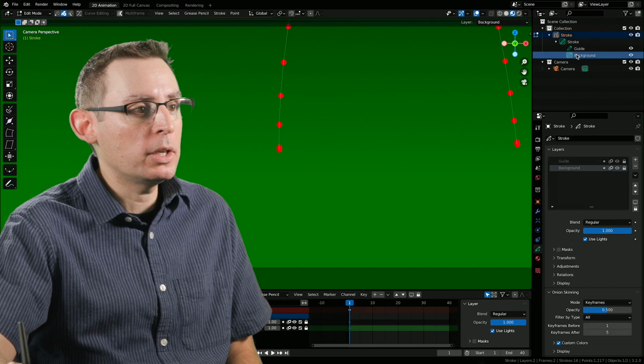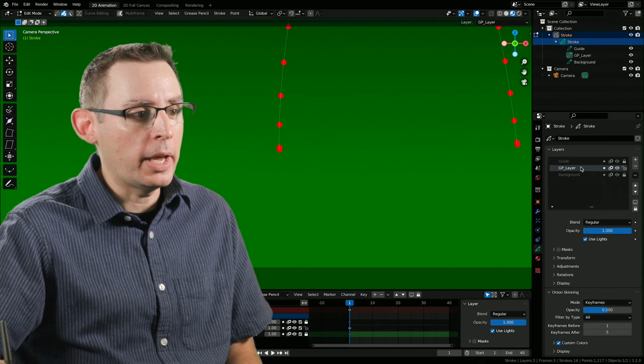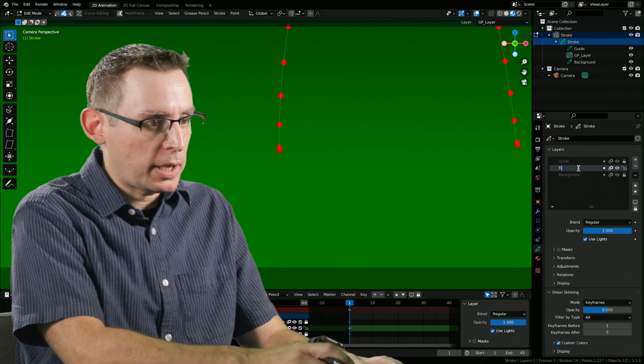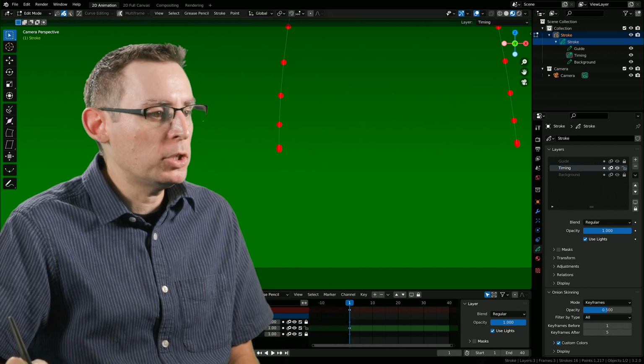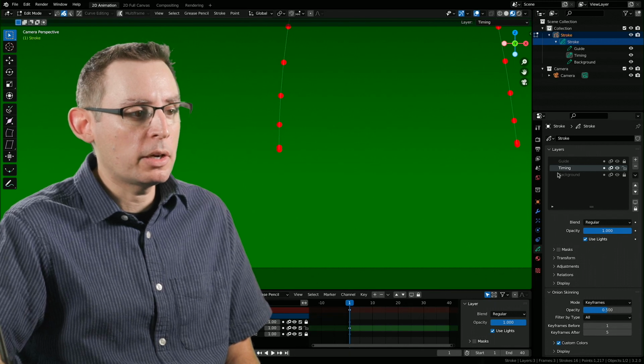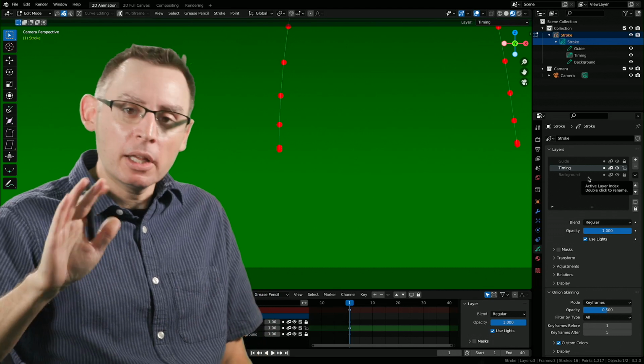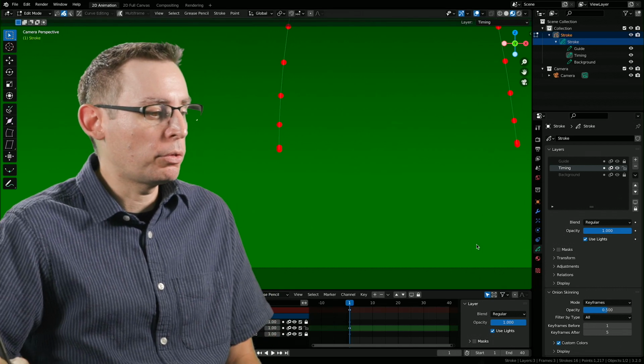We're going to start by going into our grease pencil object, and I'm going to add a new layer. And as one might imagine, we'll just call this timing. You can also call it timing chart. I want to ensure that all of this information is being placed on its own dedicated layer so I don't accidentally mess up anything else, and I can turn it on and off as I go throughout the system.